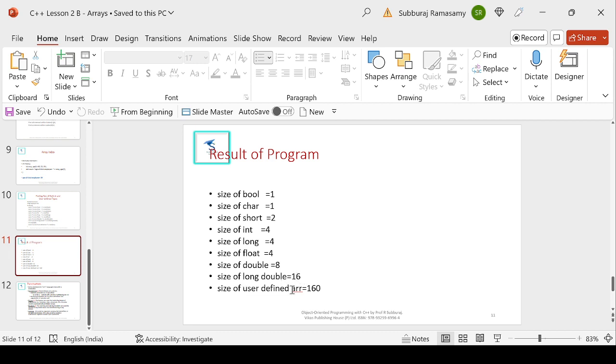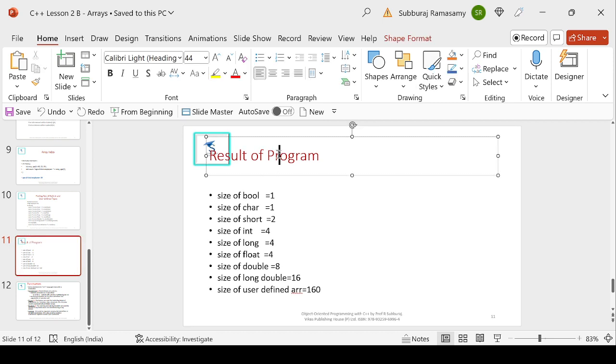Size of the user array is 160. This is the allocated size in my system, my compiler and my computer system. So sizeof is a useful keyword to know the size of various data types.